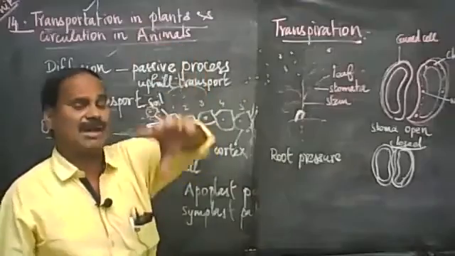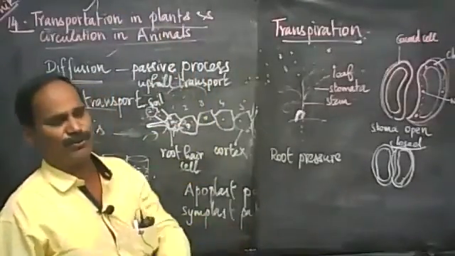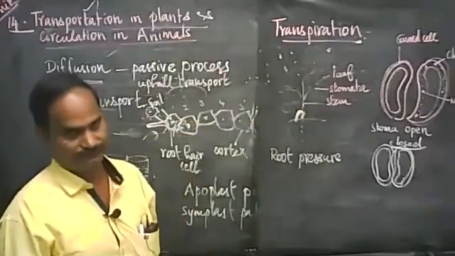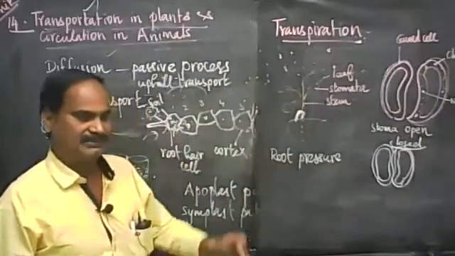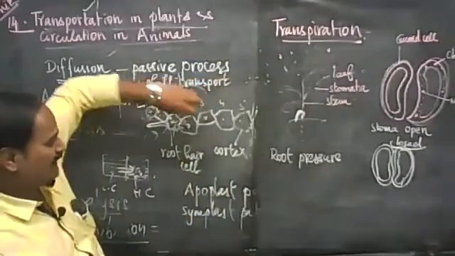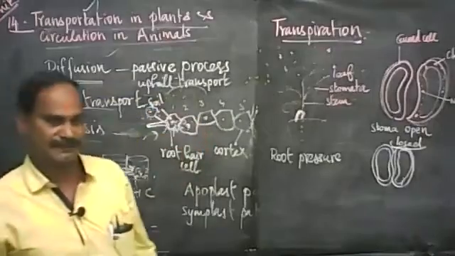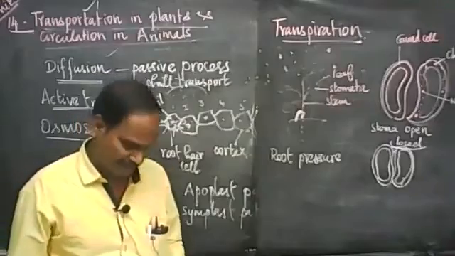Some minerals are on the surface of the root. The particle cannot move from low concentration to high concentration. Soil contains a lesser amount of mineral when compared to mineral salt. Here the hydrogenation process takes place, so the movement